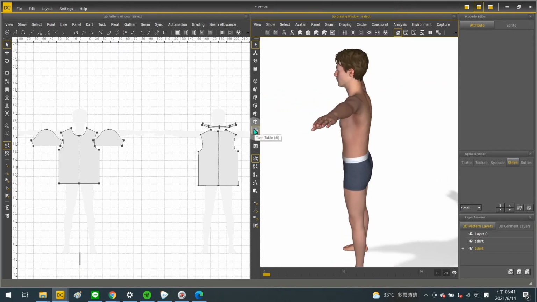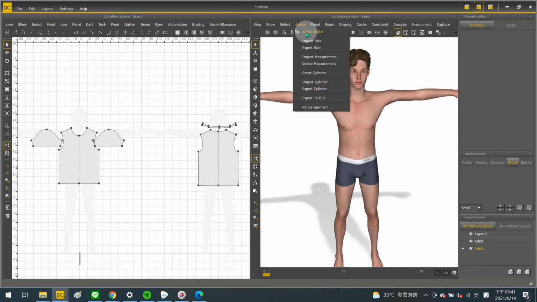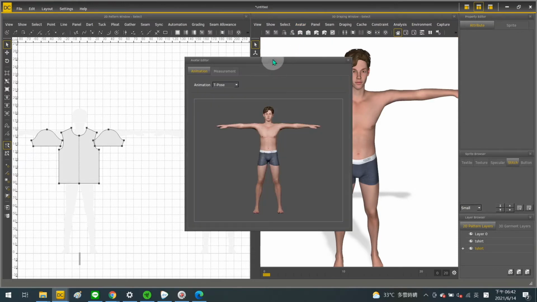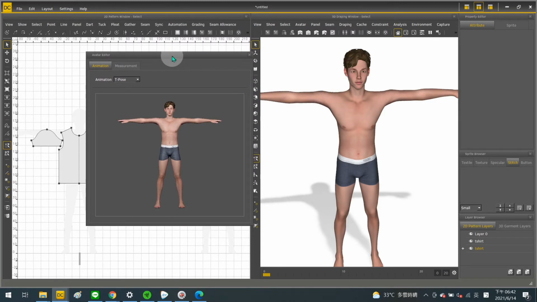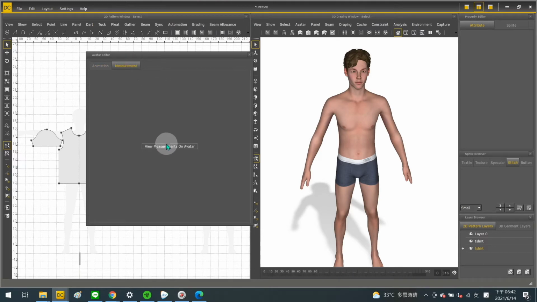When Thomas and Giselle were made, their body shapes were referenced to runway models. So this collection is also good for fashionable clothing. And from a technical perspective, they are made following the new policy of underdeveloped body surveys. Due to the policy change, they do not work with all avatar functions at this stage, but you can still use different animations with them and also view their measurements from here.